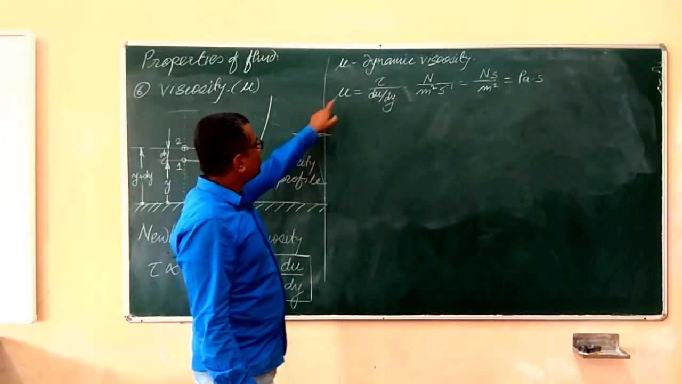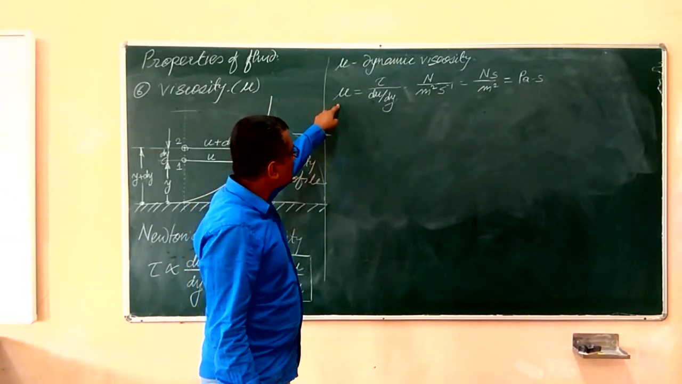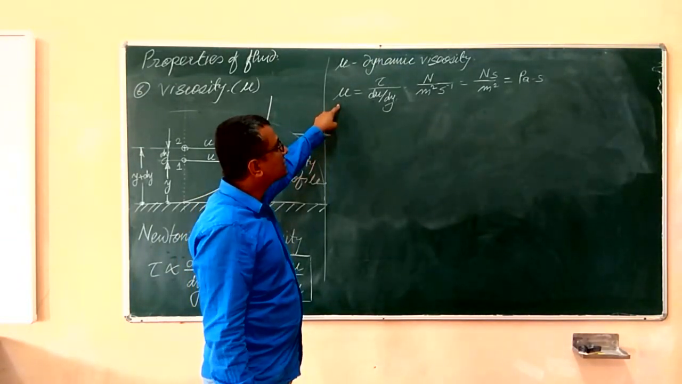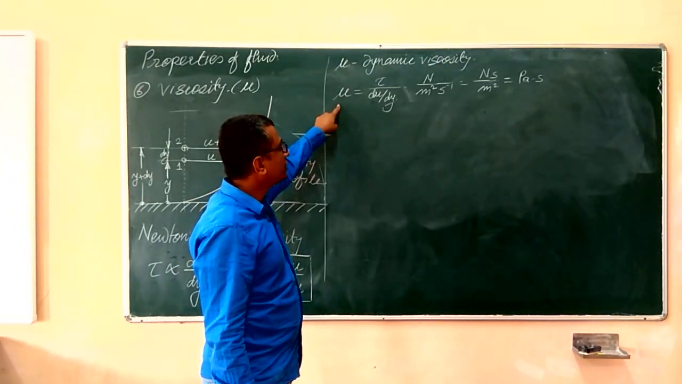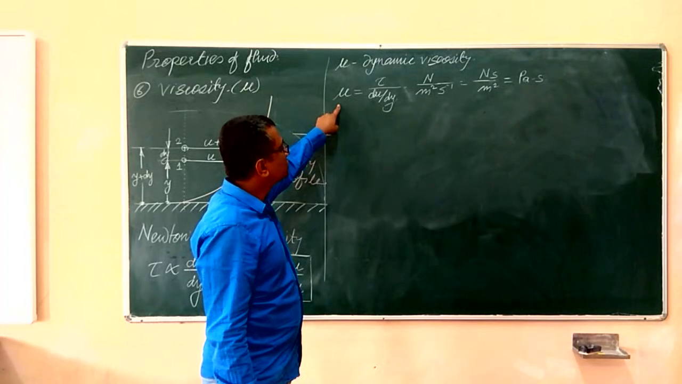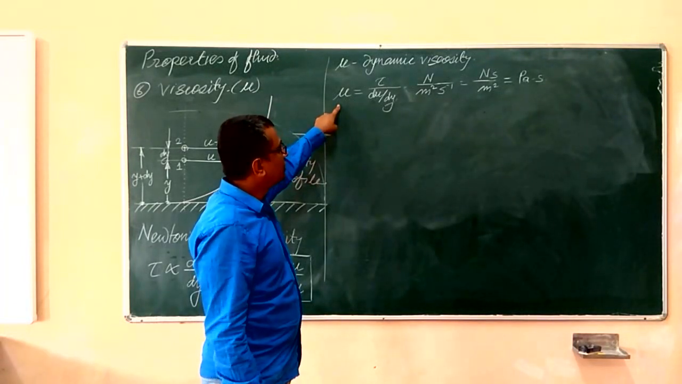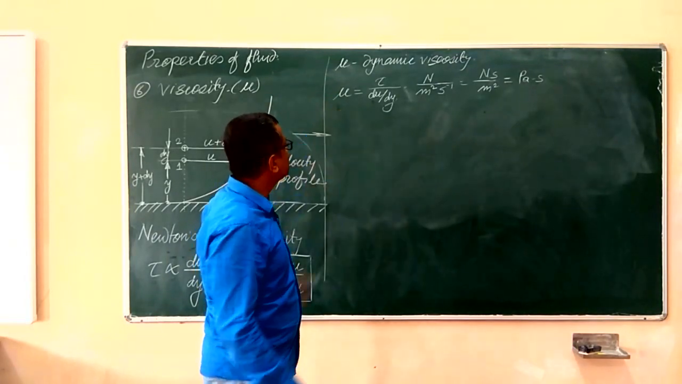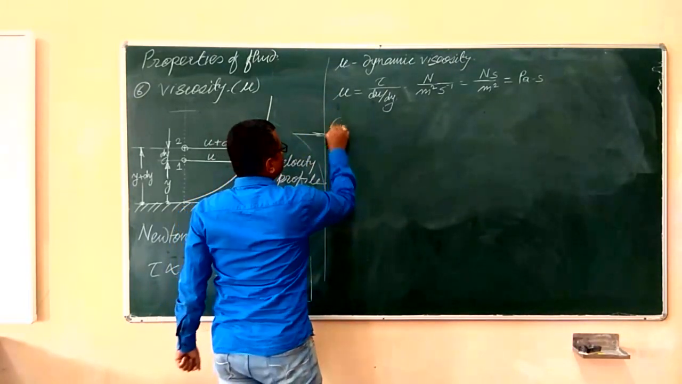So the SI unit used for the measurement of dynamic viscosity is Newton second per meter square, or it is Pascal second, right? Let us check out the CGS unit. How will you express the dynamic viscosity in CGS? In CGS unit,